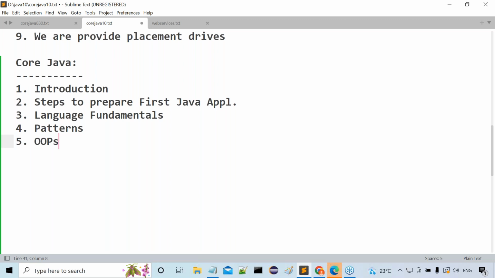If you observe this one: how to declare a class, how to declare an interface, what is the purpose of an interface, what is the purpose of an abstract class, concrete methods, abstract methods. Then after that, this keyword, super keyword. Then before that, static keyword, final keyword. Then after that, inheritance, polymorphism, associations: one-to-one association, one-to-many association, many-to-one association, many-to-many association. Then after that, public static void main. What is the purpose of it?